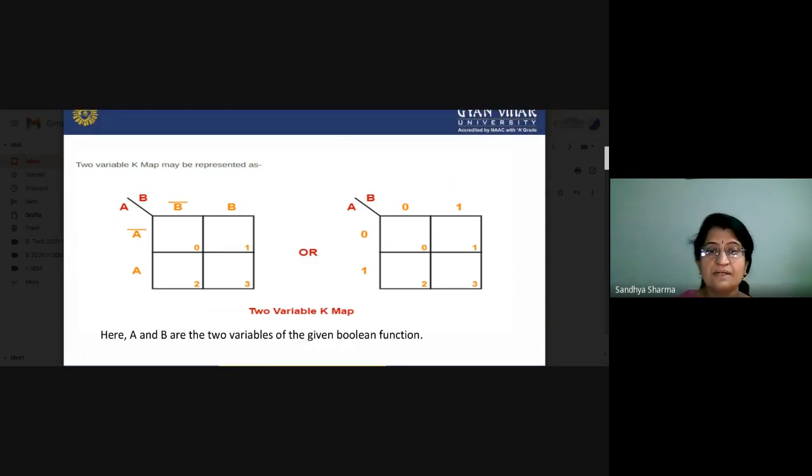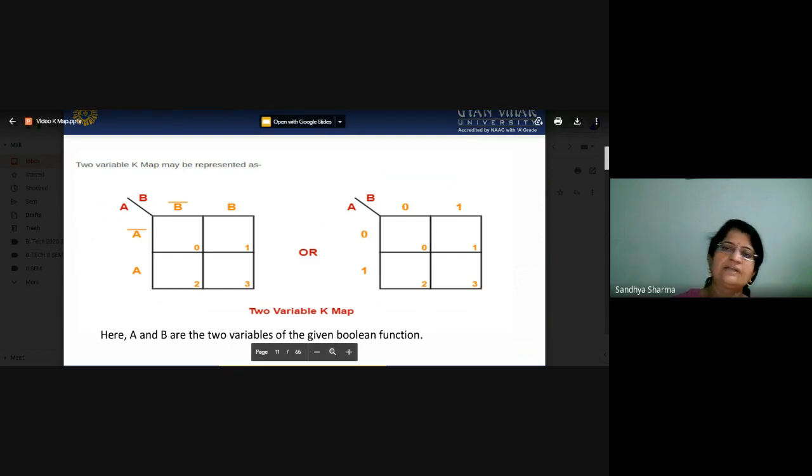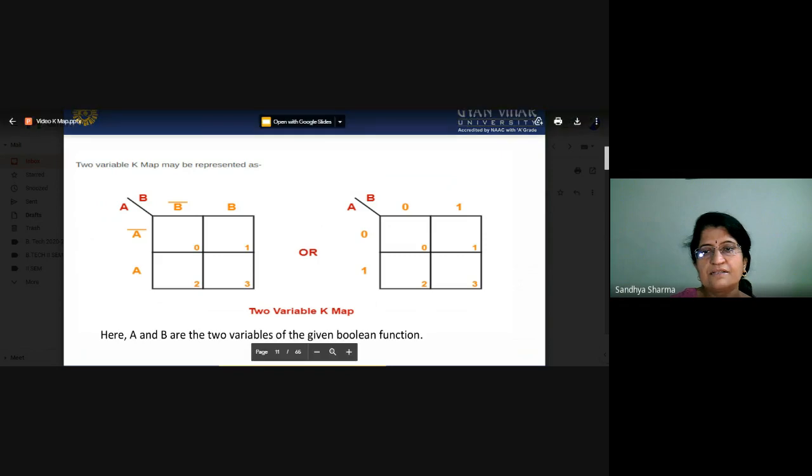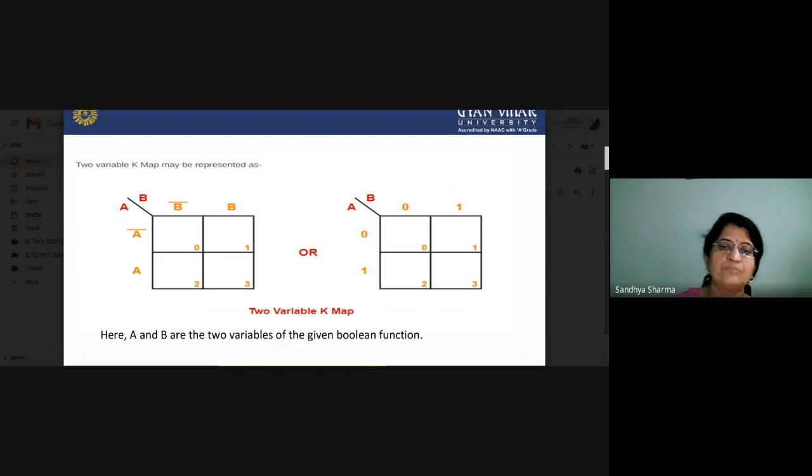And you can also number it. a and b are two variables, so 0, 1, 2 and 3. This is very simple, 0, 1, 2 and 3. You can number these cells, because we have many options. Either expressions will be given in terms of variables, or expressions will be given in terms of numeric values, and we have to convert to that form after taking the different combinations. So that is the basic way. And there is again the numbering of cells: 0, 1, 2, and 3. So that is again the numbering of our cells.